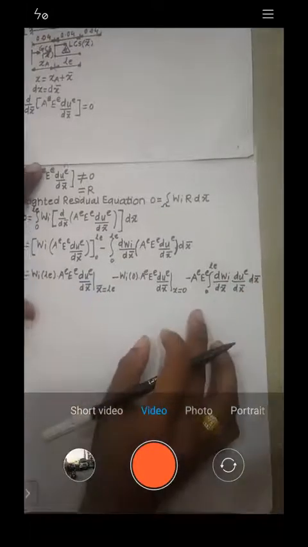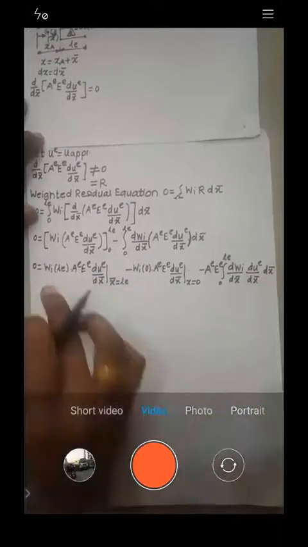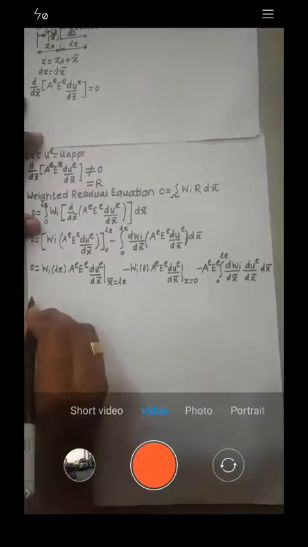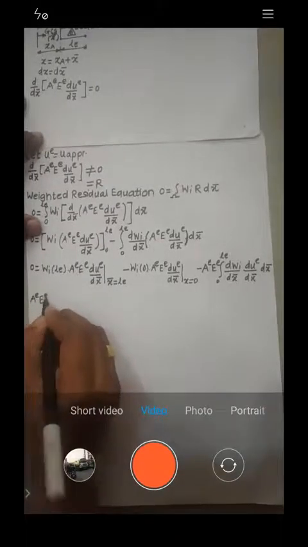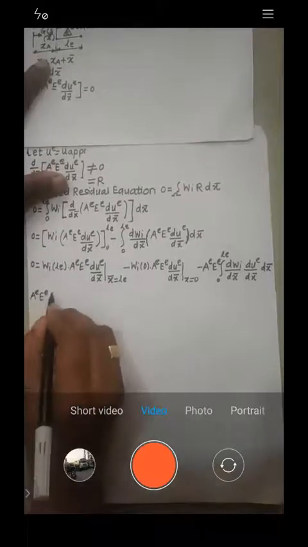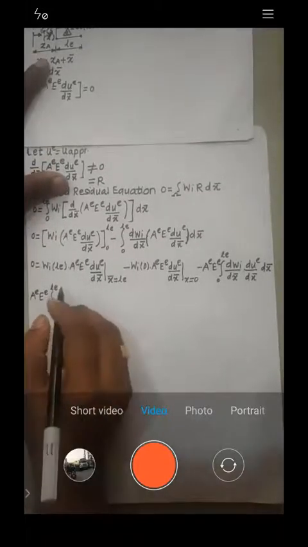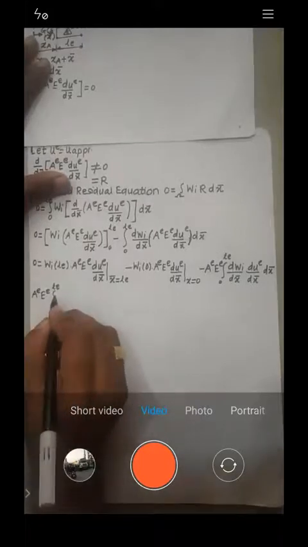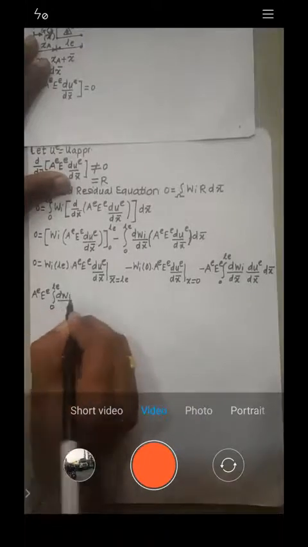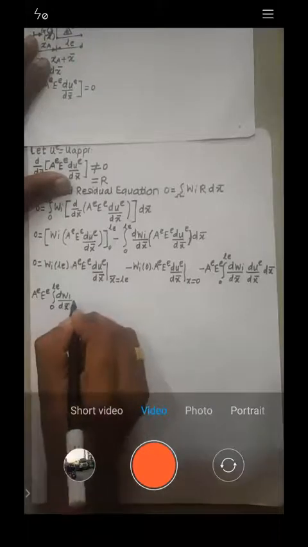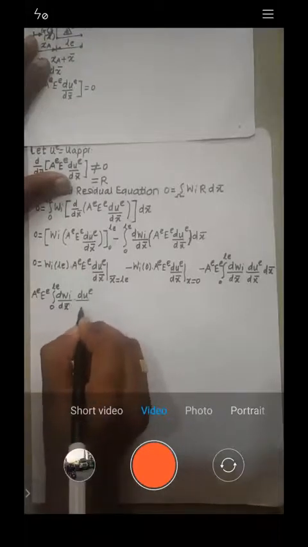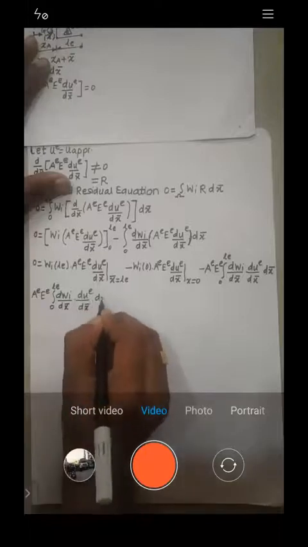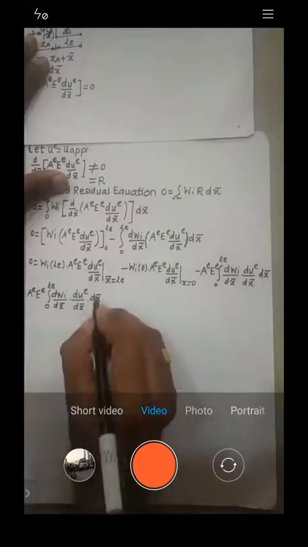Right? So what I'll do, I'll just bring this term to the left hand side, so it becomes plus, right? So I'll write down here. See, you try to understand. When you get the answer, at that time you will understand why we are doing this. Integral 0 to LE of dWI by dx bar into dUE by dx bar into dx bar, right? This minus becomes plus here, and these two terms I will write down like this.